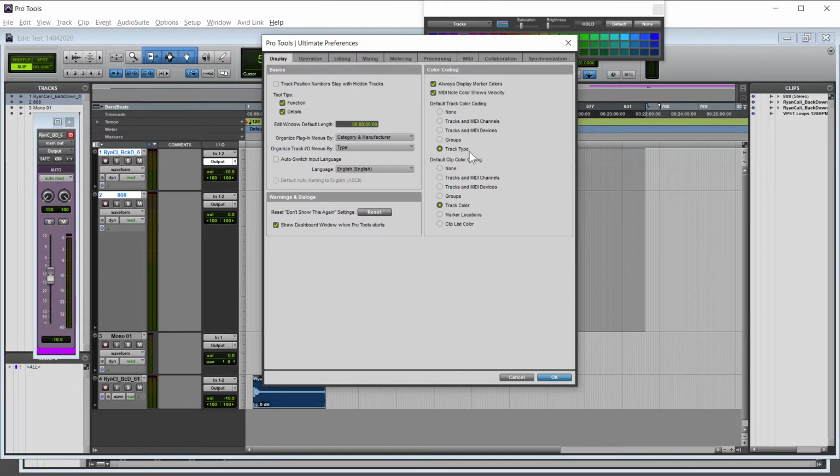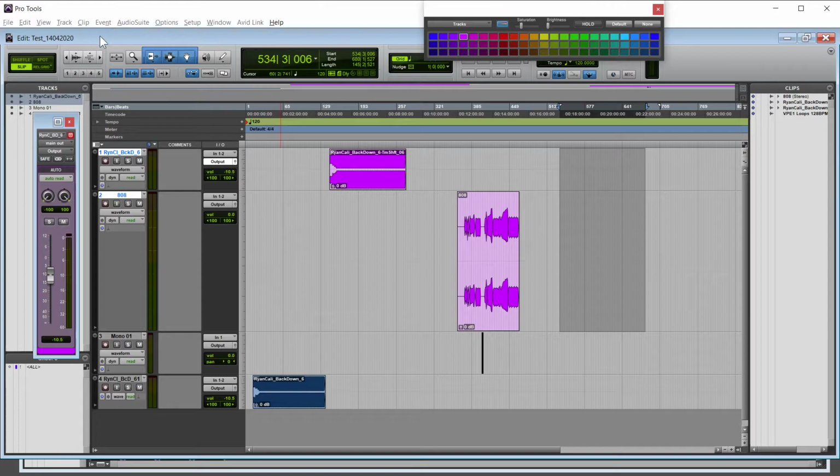Display mode, default track color coding, track type. Oh, track type, track color. That's okay. The option is over here. I guess the track view track color option is over here in this track menu. As of now, it's not showing color, so you have to go into track options